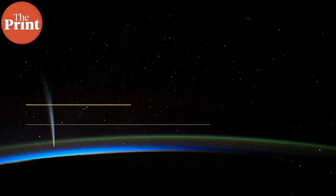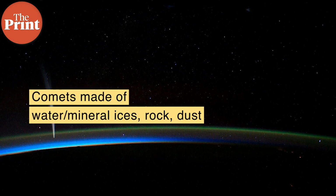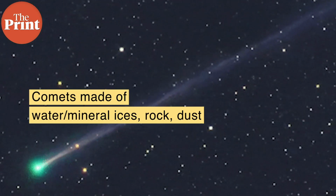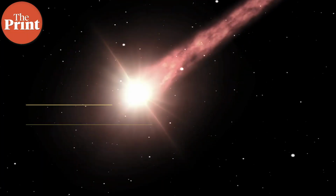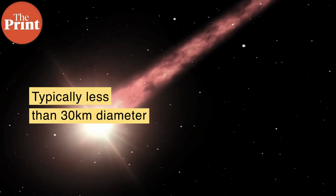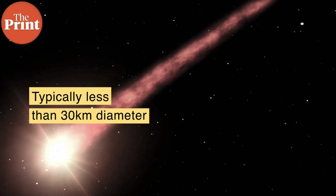Comets are cold bodies made of rock, dust and ice. Ice here doesn't just signify water ice, it also means ices of minerals and other gases. Comets are not very big, they are typically a few meters to a few kilometers in diameter, but normally less than 30 kilometers. They are remnants left over from the formation of the solar system and are essentially orbiting fossils